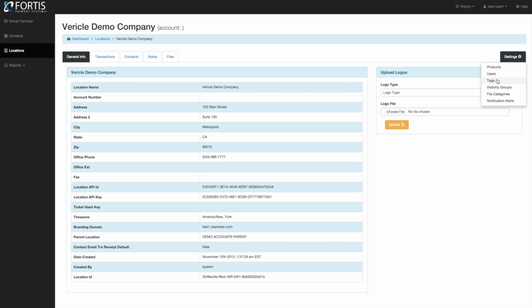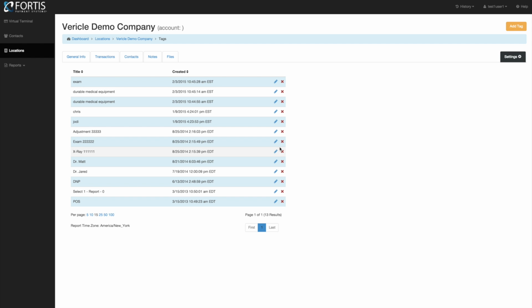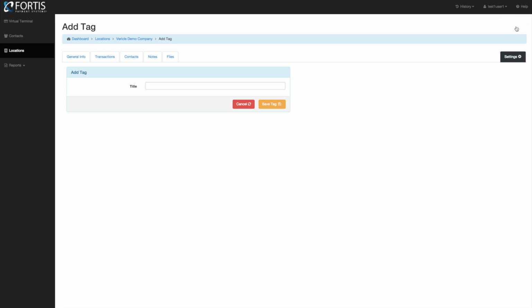Really the two things that you're going to use are users and tags. We'll go over tags first because it's nice and easy. These are the tags that you see in the drop downs. You can add your own tags right here. You can delete them, edit them, all sorts of stuff. So come in here, you click add tag. It's really simple. You can just say